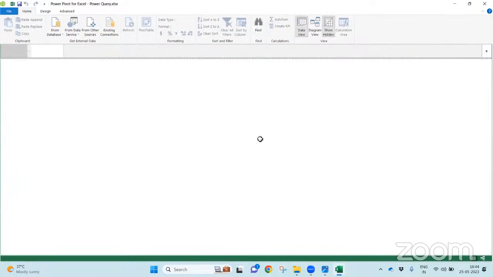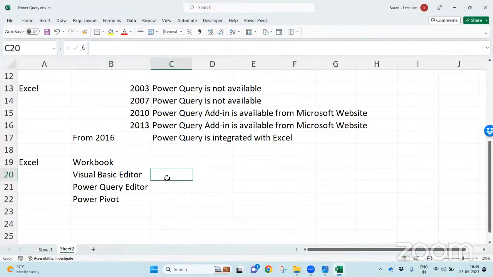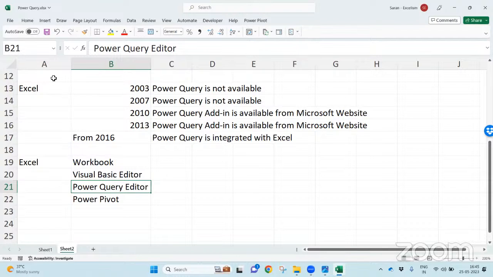The only problem with respect to the Power Query Editor is when you are in the Power Query Editor, you cannot come back to your Excel. These days, any user interface, when it comes to the ETL or even visualization tools like Tableau, QlikView, Power BI, or analysis tools like Microsoft Excel and so on, the user interface is almost the same. On the top, you are having the ribbon menu. On the left side, you will have all the files or the queries. On the right side, you have all the properties.